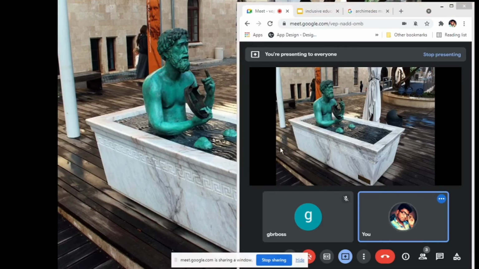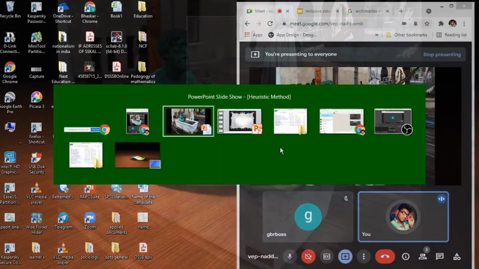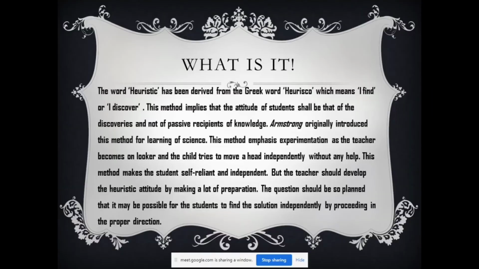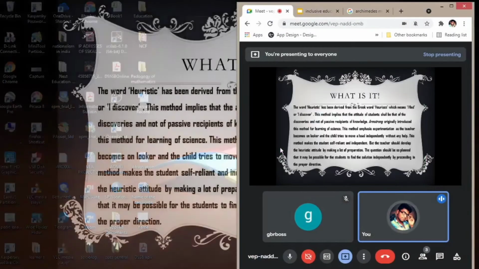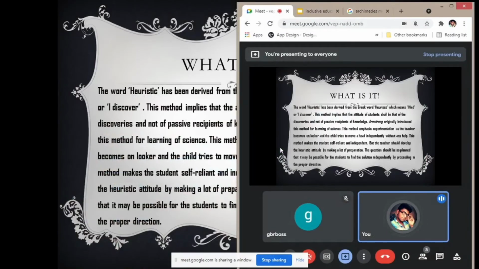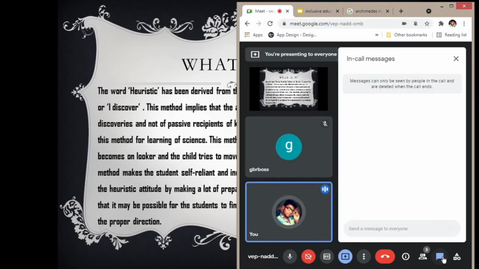And suppose I am pressing Alt Tab, you remember, suppose they have some doubt and you are explaining to them, you can just directly see from your presentation screen. That's not a problem. And check your messages, whether they are asking any questions or not. If you receive a question from one person, you can simply switch tabs like this, and you can parallelly see the presentation, and you can see who is asking and who is chatting like that. Also you can address them in particular.